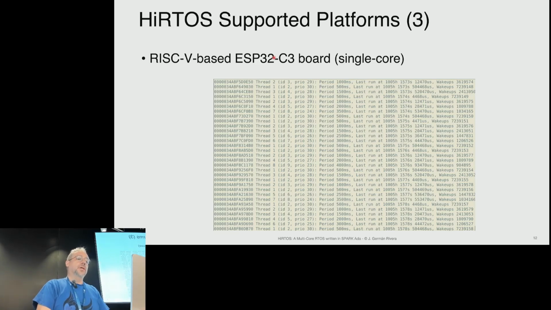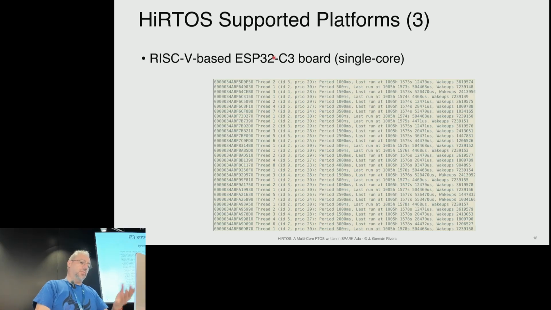There is a newer one called ESP32C6 that HiRTOS has not been ported to yet. But this was to enhance the portability of the code, because you never know how portable your code is until you port it to a new platform, and then you realize, oh, this needed some refactoring because it was not done properly the first time. Just to do a reliability test, I have at home continuously running one of these little ESP32